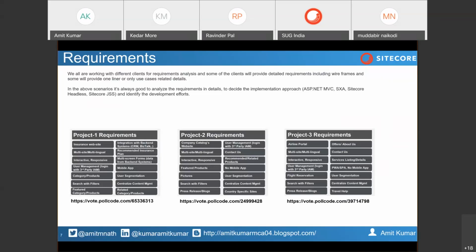XXA will not fit here, because here we will be having a listing of the insurance. Those will be present here, but there are many legacy systems which need to be built to create a form. So listing will be one part, and the other part is creation of the forms, and integration with any third party system or many downstream systems. In those scenarios, ASP.NET MVC will be a best fit